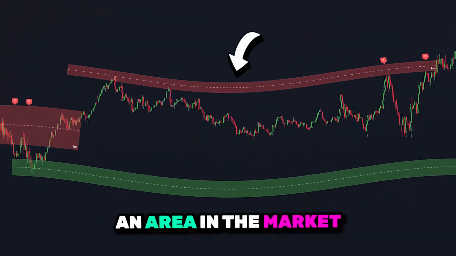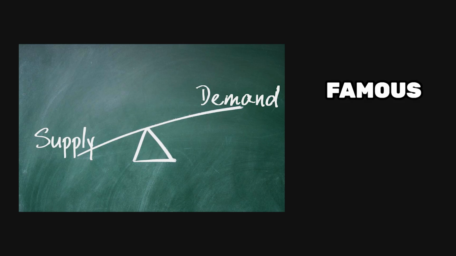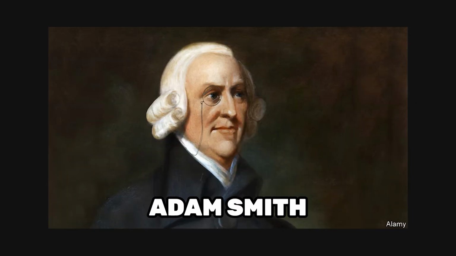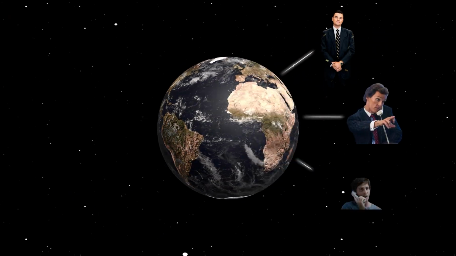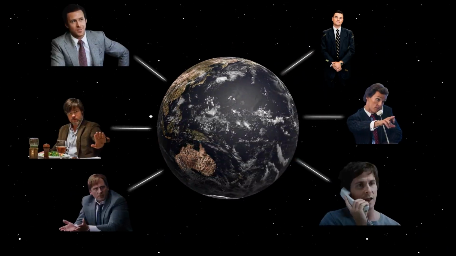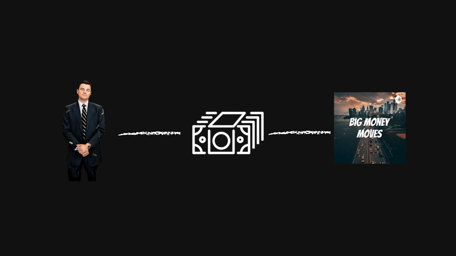Supply and demand, an area in the market where price is likely to stall and reverse. Supply and demand is a famous economic concept popularized by Adam Smith in 1776, and now it's used by traders all around the world when trying to predict the markets. Supply and demand has gone viral recently as a way for traders to profit off big banks making moves in